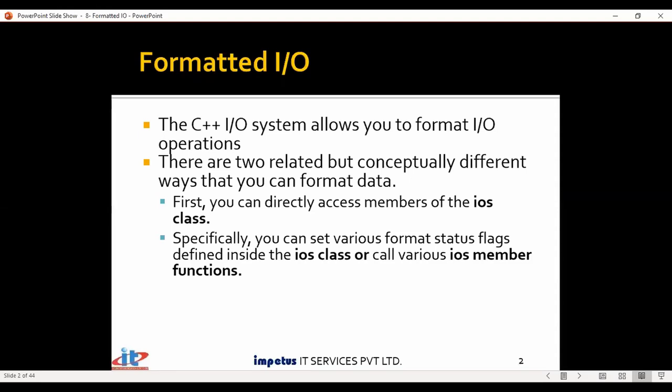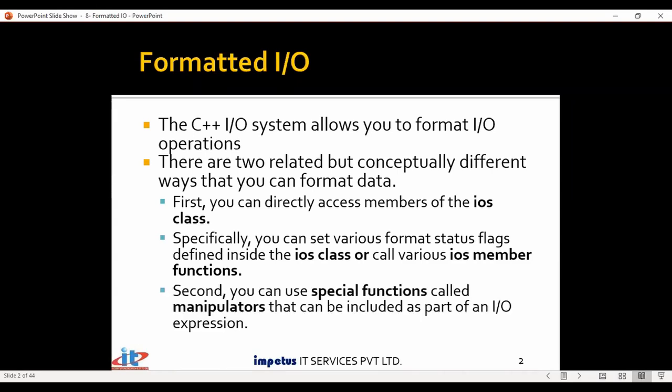In addition to those flags, we also have some functions. So there are two things we are going to look into when we talk about the ios class. One is the formatting flags available in the ios class. We'll understand how to turn that flag on and off to have the appropriate formatting effect. And the second thing we are going to look at is the member functions in the ios class specifically for formatting. We're going to explore both of them while we take up this traditional way of formatting.